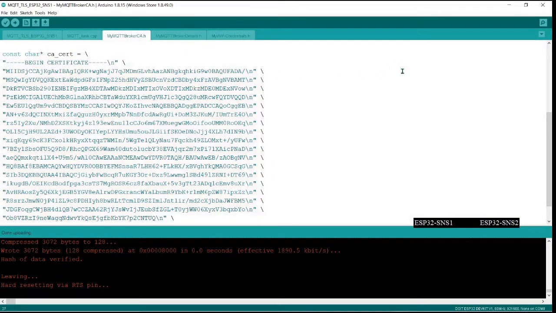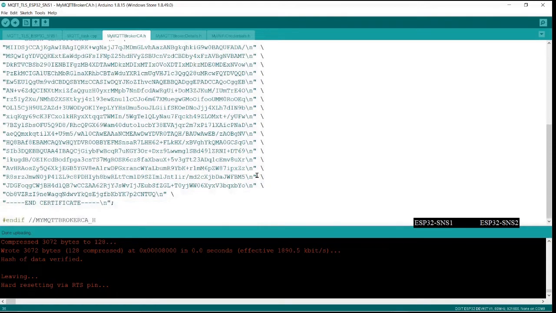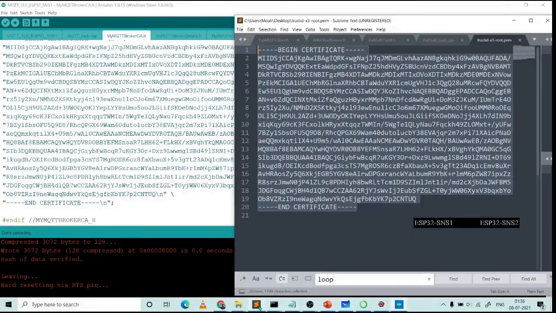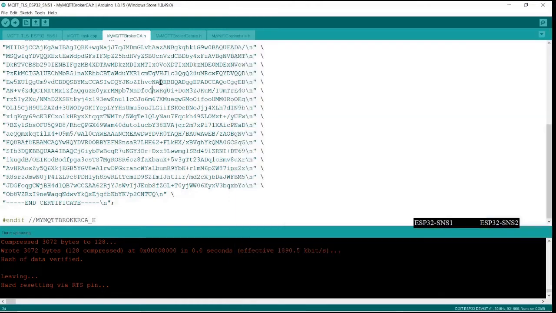Now, I cannot write it in a single line. I have to break it down into multiple lines. These are all different strings. These different strings are appended when you give them one after the other. The compiler takes care of it. The preprocessor will make sure that these are all put together as one string, as the CA certificate, because we are extending it by breaking it into multiple lines. So the whole file that you saw here needs to be converted like this.